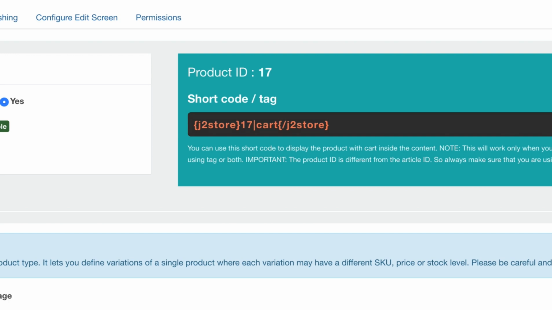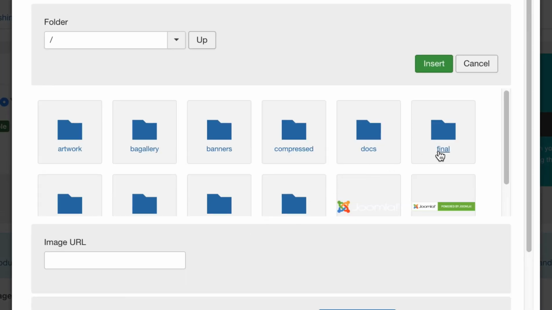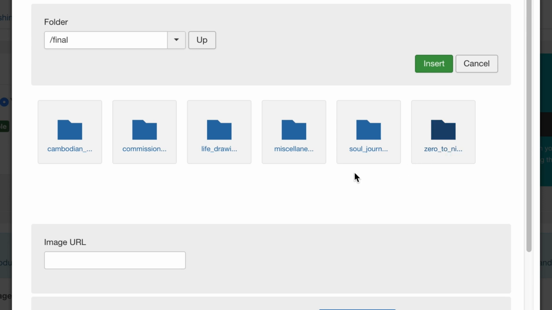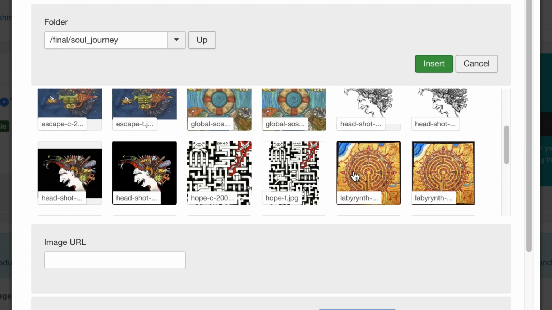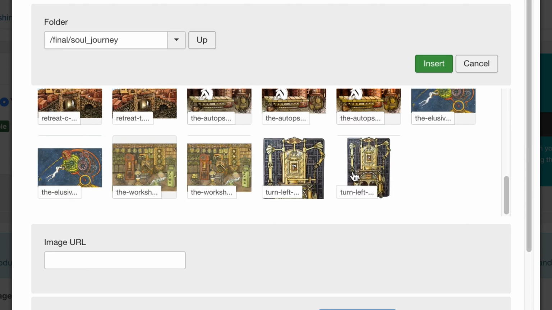Click on Images. We're going to add a thumbnail, so click on Select an Image. We've got ours in a folder called Final, and the category I've put the images into for this is Soul Journey, so we'll click Soul Journey, and it's called Turn Left, so we scroll through here until we find it. I've got a main image and I've got one I've reduced to a thumbnail, which I've put a -T at the end. So select your smaller thumbnail image, click Insert,